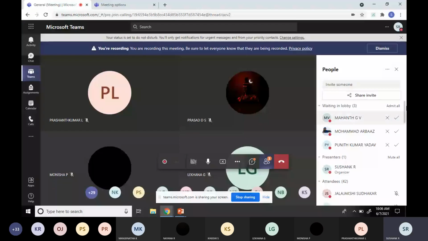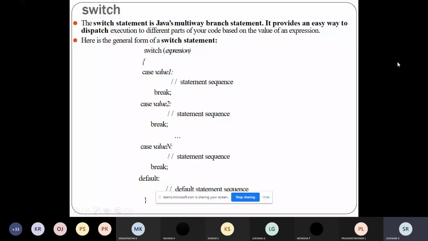So this is the working of the switch statement. Now we'll talk about what a nested switch statement is. A switch statement within another switch statement, you can call it the nested switch statement. It's the same as the definitions we have studied. What is nested if? Within an if statement, there is another if statement. What is a nested class? Within a class, we have one more class. Whenever you come across the term nested, it is like you're embedding that concept within another.